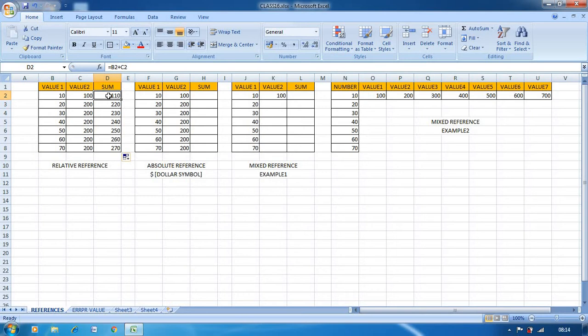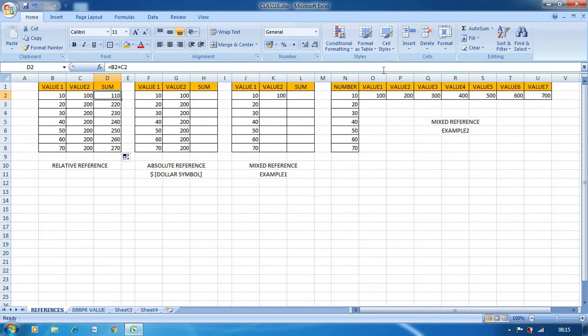Column name will be the same, row number will change. B2 becomes B3, B3 becomes B4, B5, B6, B7 and same way C2 becomes C3, C4, C5, C6. So if I drag on the right side, on that time what happens is B2 becomes C2, C2 becomes D2, D2 becomes E2.